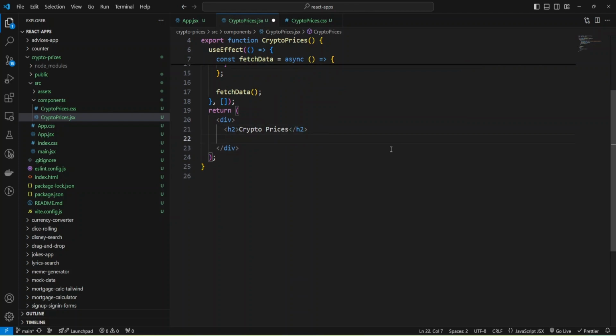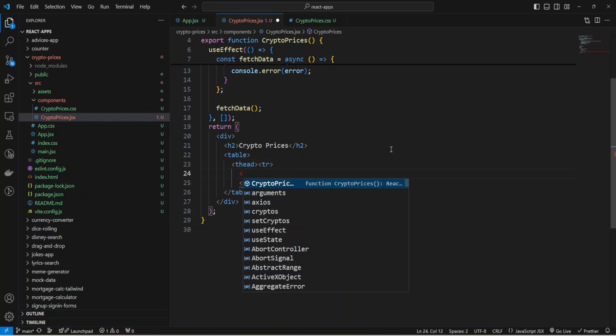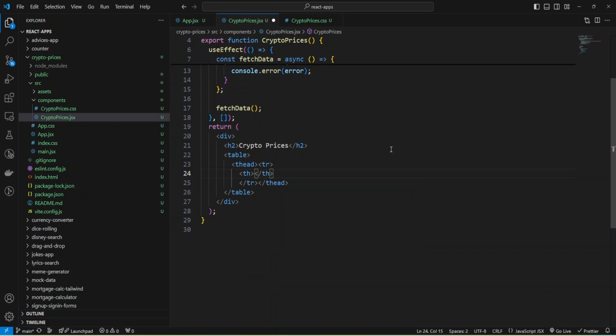And now I can build my JSX, and let's create a table. Inside the table, I'll have a head, and inside the head, I'm going to create a table row, and inside the table row, I'll add a table header and provide rank.